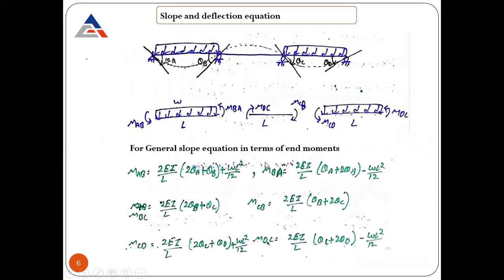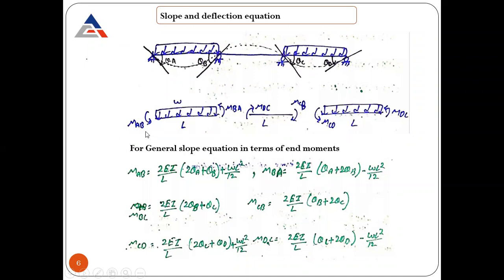So let's see how we can write it. Same beam, there is a theta A at joint A, theta B at joint B, theta C at joint C, and theta D at joint D. So after doing that, again make a free body diagram. A free body diagram always helps you get an idea of what forces or moments are going to be released. So always try to make them and practice. You will get an idea of what forces are released at that time.